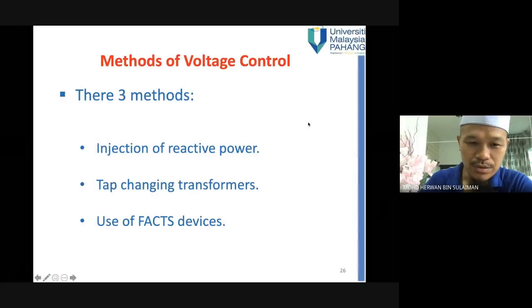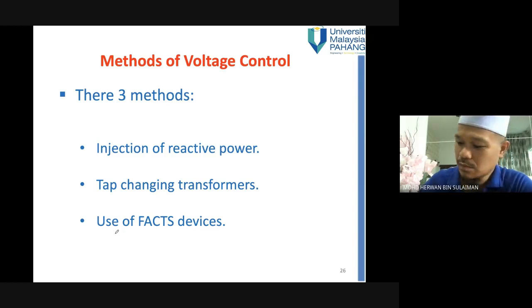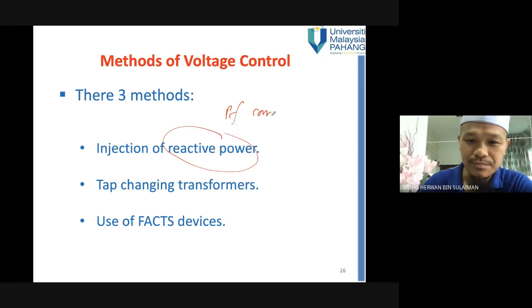So number one is we inject the reactive power. I think this one you have learned in EPS. You have learned it in EPS when you do the power factor correction, right? Okay, injection of reactive power. And then